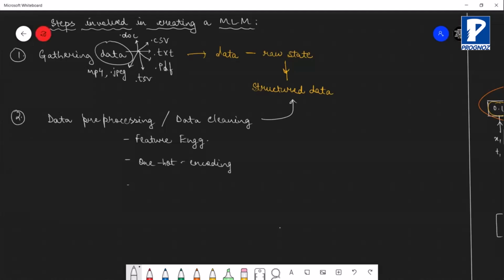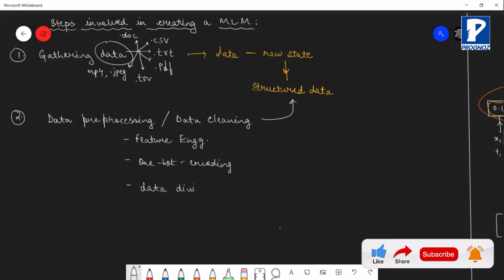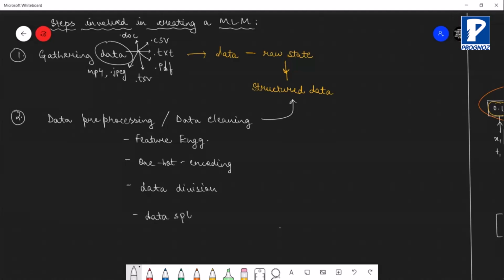Then you have something called as data division, and then data splitting. Splitting का जब बात करते हैं, so you should know what kind of splitting are we talking about, or what kind of splitting are we going to do.